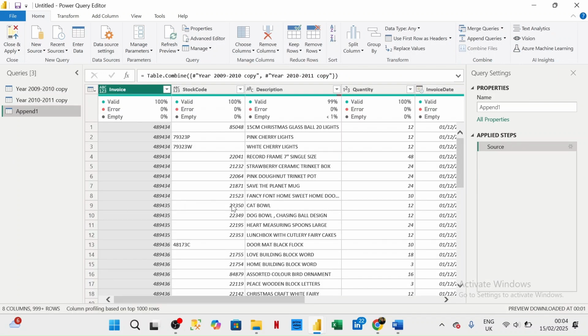Then I will change the name from Append1 to something more meaningful, something like full retail data. That being done,